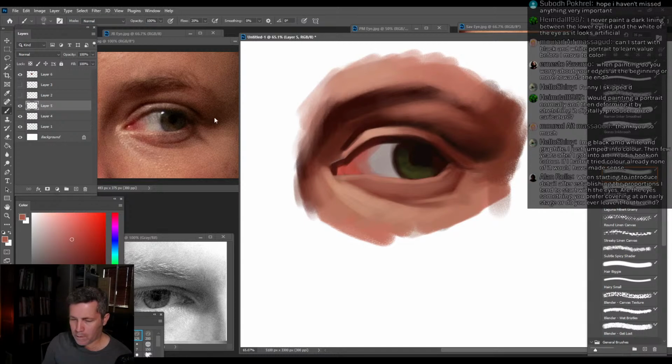Oh, here's one that I think you'll want to answer. This is from Heimdall. Would painting a portrait normally and then deforming it by stretching it digitally produce a nice caricature? Let me think about that. No, please don't do that. I can always see when people do that. They just look odd, they look weird. There's probably not a person alive on the planet that can do that successfully,